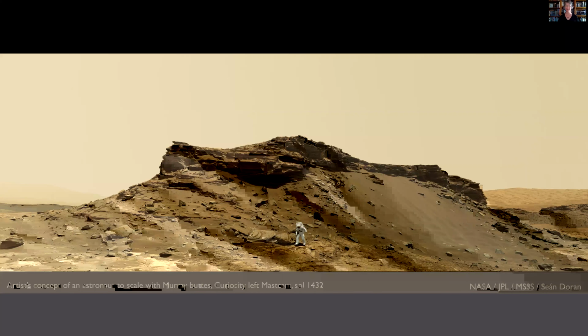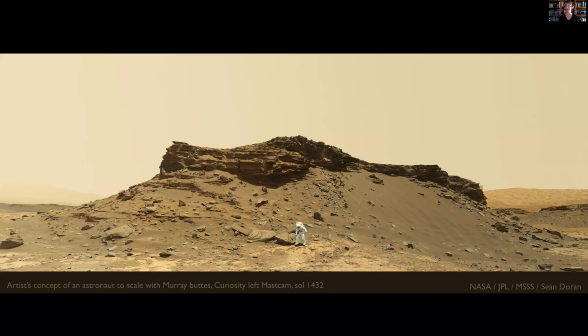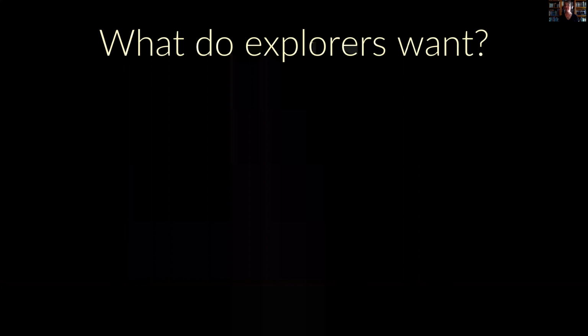And this is something that NASA would never do, I think for good reason, because it's so easy to accidentally give the impression that there actually has been a human astronaut on Mars. So even when I shared these on the Planetary Society's website, I edited them to put in a caption at the bottom of the image that would include the words "artist concept of an astronaut to scale with Murray Buttes." In this case, the artist is Sean Doran. But look at how it helps you to understand the scale and the perspective of this landscape, having that model of the astronaut in there. Isn't that cool?